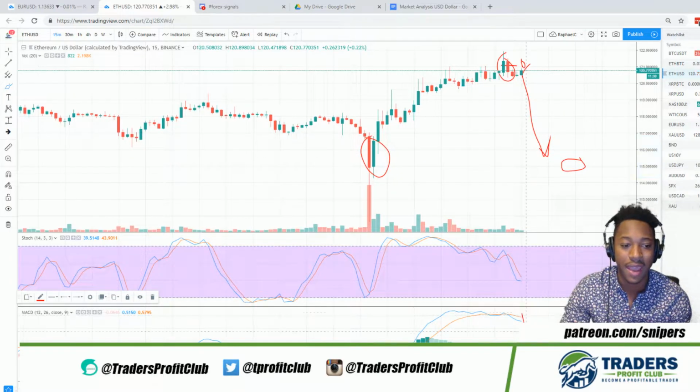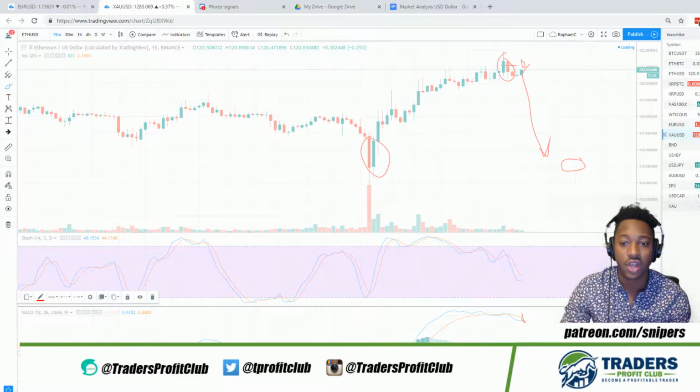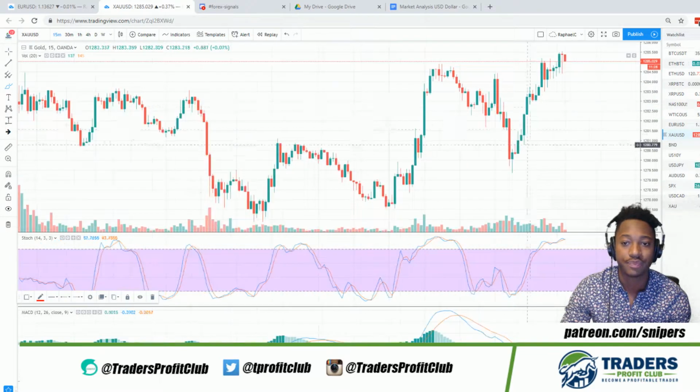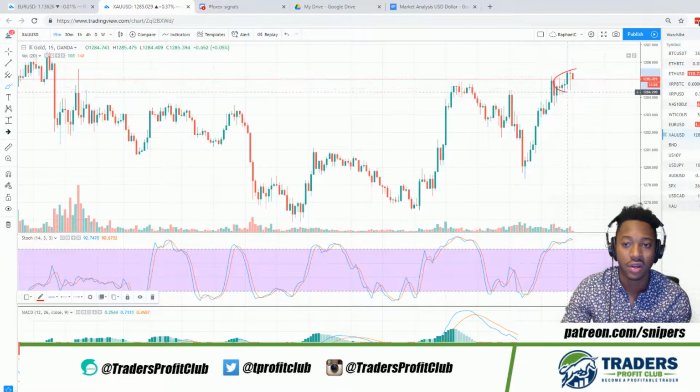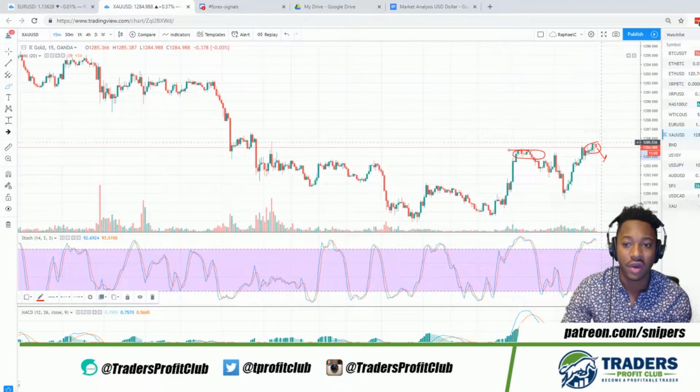We can also see that the MACD is showing very highly factored volume. So we want to see downside momentum, and we're probably going to see that happen. We can see the dollar right now. As we can see the dollar right here, it could possibly be showing downside. But as we can see, the market already broke this area. We could possibly see another range of upside momentum.